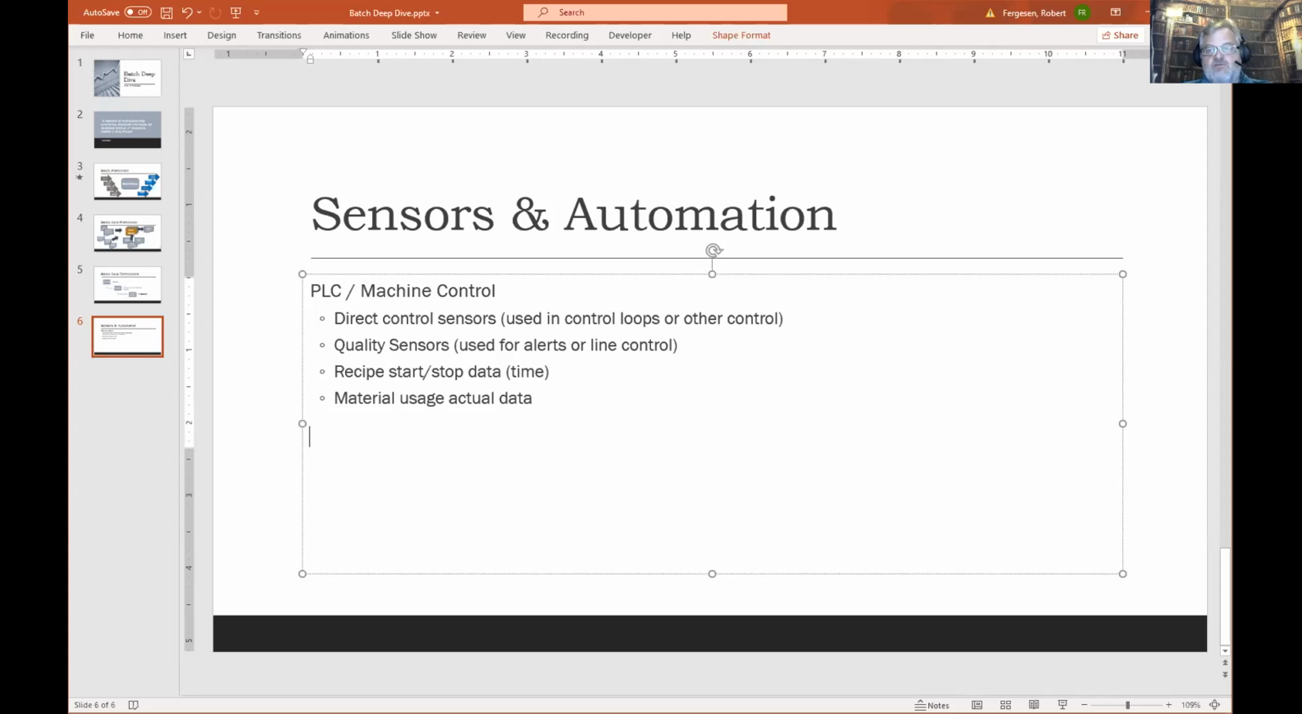Another area that's connected, I'll call it shop floor data collection. A lot of times people will put standalone sensors out onto the floor to collect any number of things: temperatures, humidity,